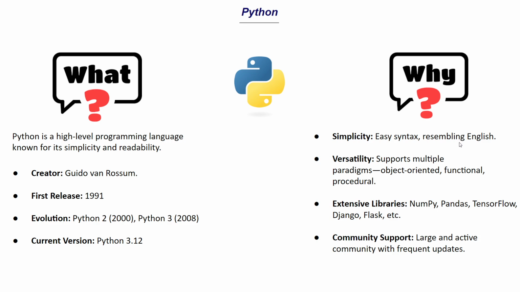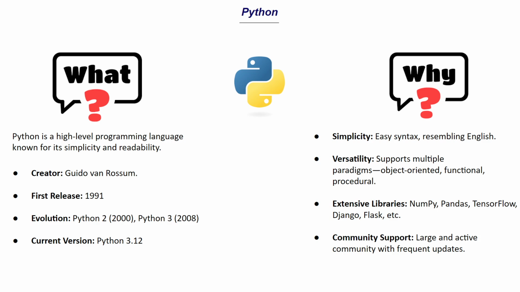It means that if you just look at Python code, you can read it and understand it to an extent, of what we are trying to do there. As we don't have any complex stuff around it, we don't have any complex syntax. It's going to be fairly simple compared to other languages. And then we have this versatility aspect.